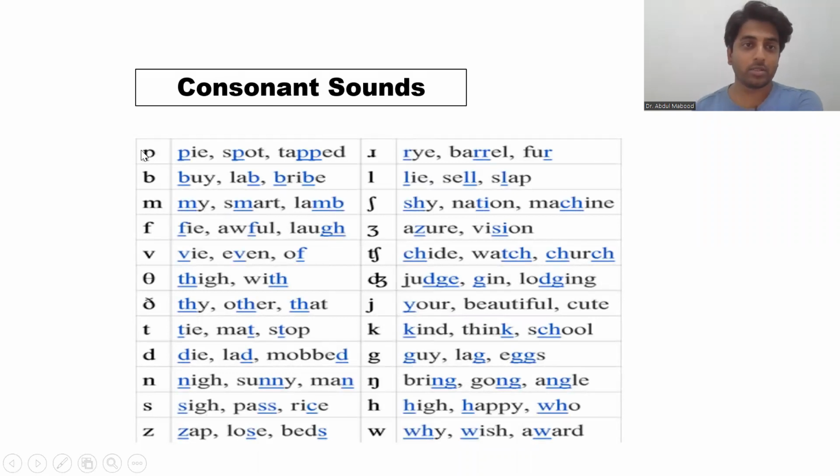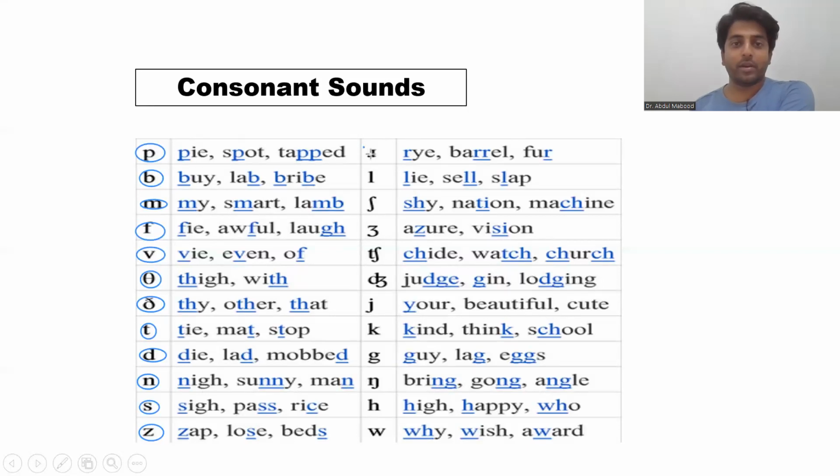So the sounds, I'm repeating the sounds: pa as in pie, ba as in by, ma as in my, fa as in phi, va as in why. Then this is tha as in thigh, this is tha as in thy, this is ta as in tie, this is da as in die, this is na as in nigh, sa as in sigh, za as in zap. Then we have ra as in rye, la as in lie, sha. This sign is sha as in shy, and this is ja as in